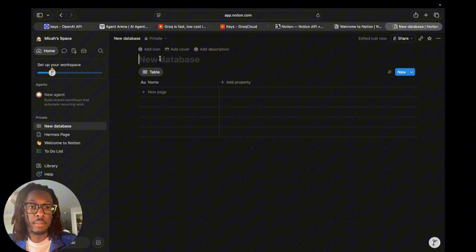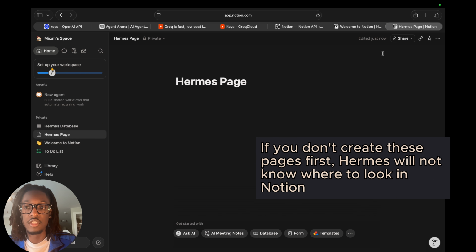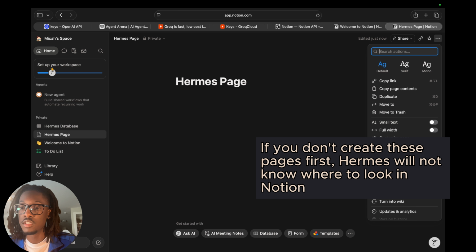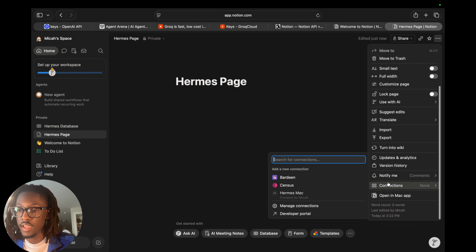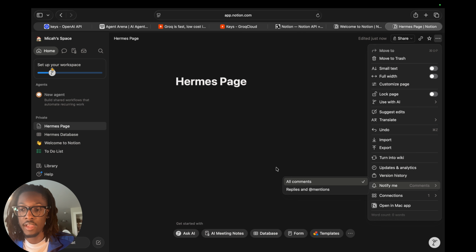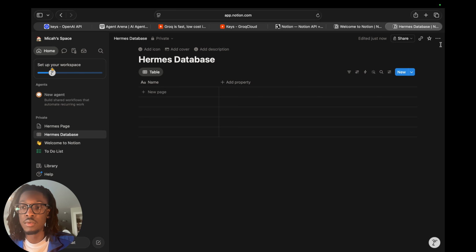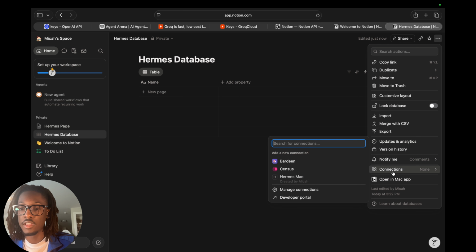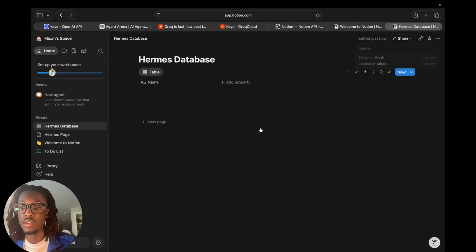And we can create an empty database here. Just say Hermes database. So within these pages, we're going to make sure we go to the settings here, select the connections, and select the connection that we just had, which was the Hermes Mac. Same thing with our database. Just go here to the three dots, connections, add Hermes Mac, add to page, and we should be able to